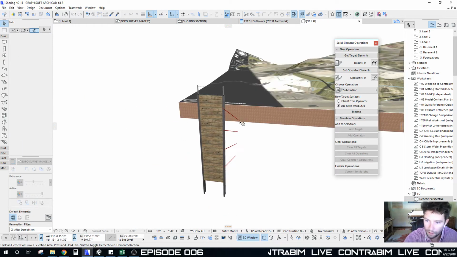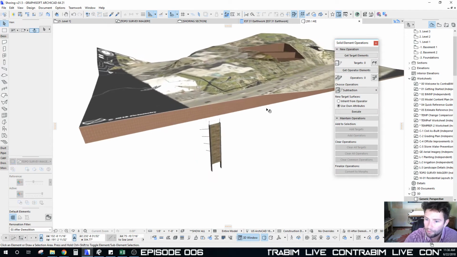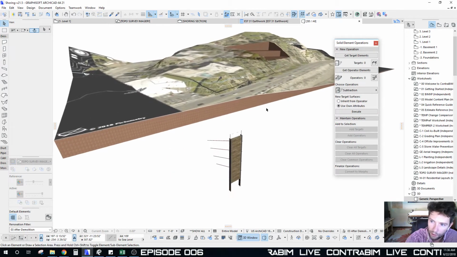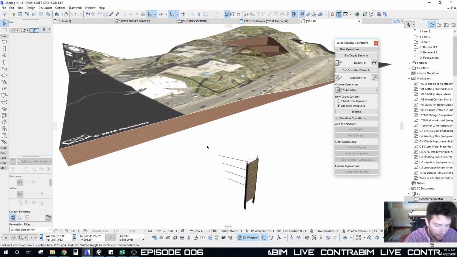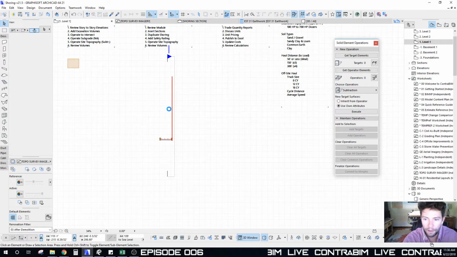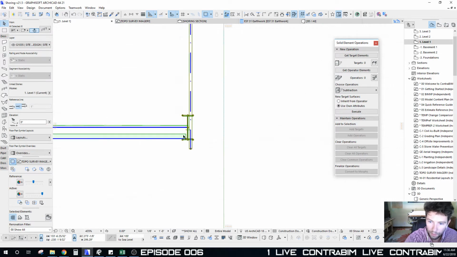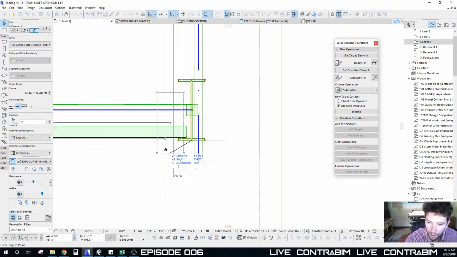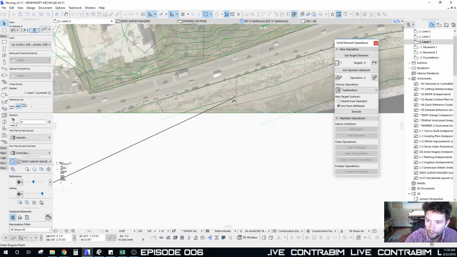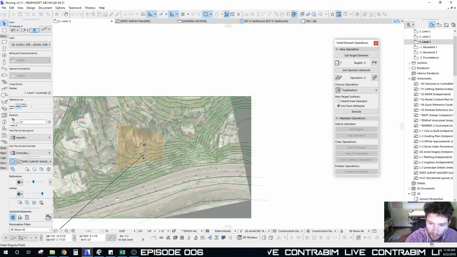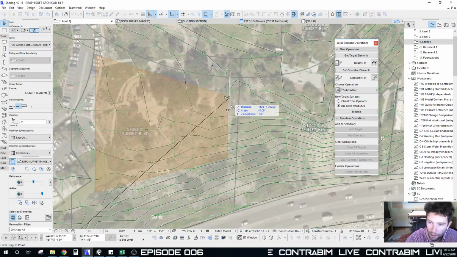And we could either copy and paste these around in 2D or in 3D. I'm actually going to do it in 2D. And instead of copying this, I'm just going to take this entire thing, including my section, and I'm just going to grab right here and pull this entire thing over. And so on my level 1,